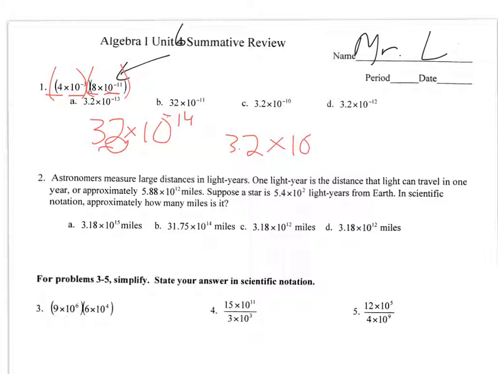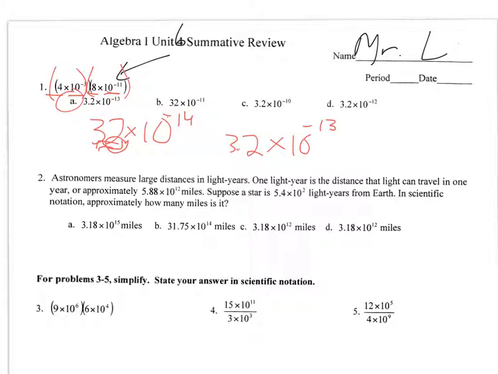I changed the number now, so here's how I think about it. I shrunk the number from 32 to 3.2, so I need to add 1 to the exponent. Answer A does the job there. Number 2,